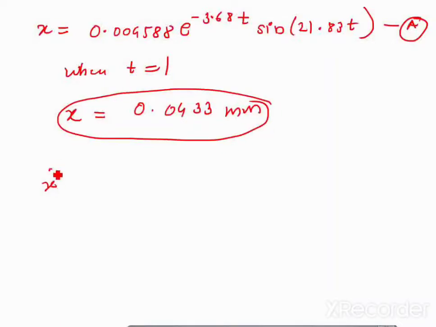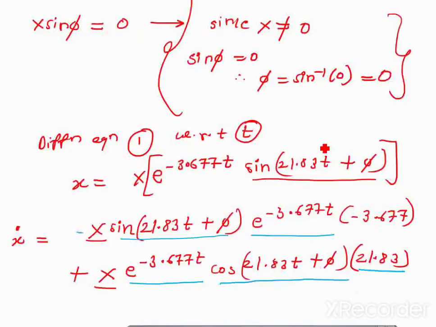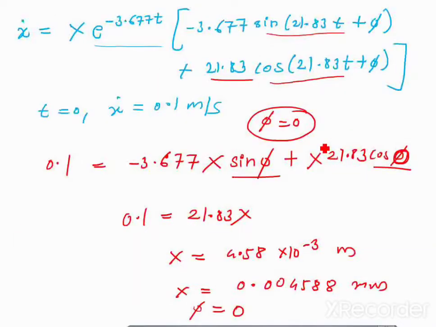Now I'll write the equation for x dot. What is the equation for x dot? 0.0048458, e raised to minus 3.68 t as it is, and inside the bracket, if you are not understanding, I will go backward. You can see this is the equation for x. Here put the value of x, e raised to minus 3.68 as it is, and the inside bracket term as it is. So here I am putting it.